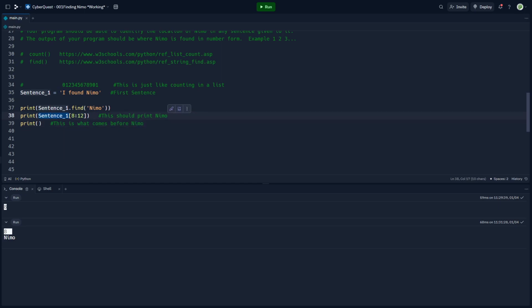So if I take sentence 1, and let's start at the very beginning so we can leave this first one blank, and then we know that the ending is that number 8 right there. So I could say 8 right there. Now I hit run, and you're going to see I and found. I've got 2 words there. Now we need to count the number of words. Right here, this 8,